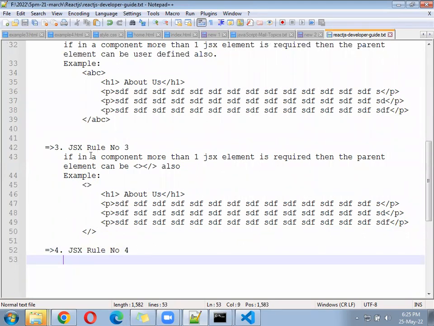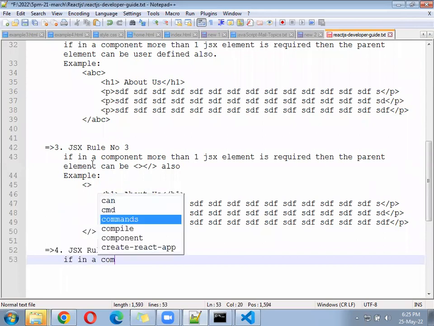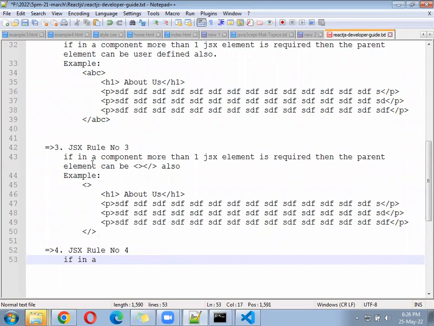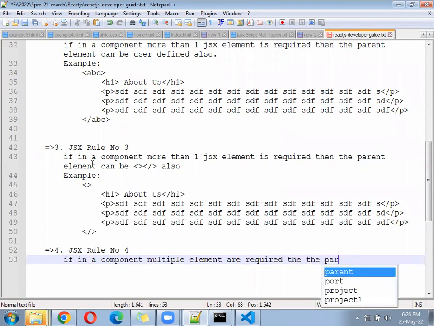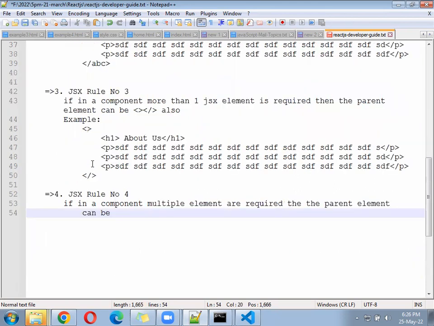What that rule says is, if in a component multiple elements are required, then the parent element can be an array also.